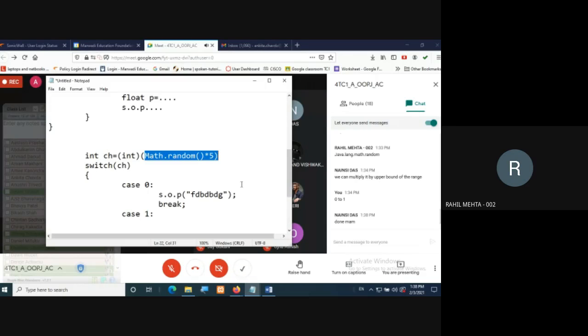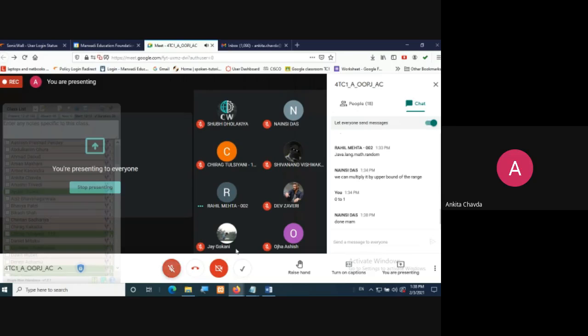Ma'am, yes, Rahel. Ma'am, it will show the output in a random manner, yeah? Yes, that is only the name itself, random function. It will generate in between this range.